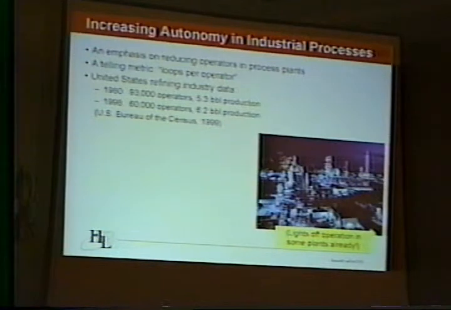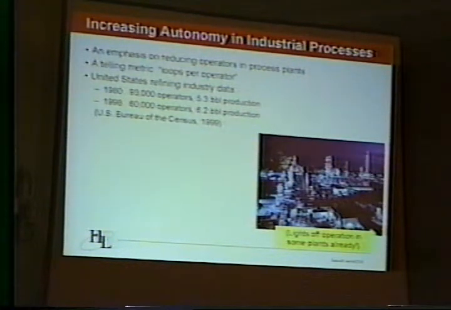A similar argument can be made in industrial processes as well. Many of the companies that we deal with who are in the business of running different types of industrial plants are always emphasizing the need to reduce their operational staff in plants. And one metric, in fact, that's often used is loops per operator. You want to be able to run your plant with as few operators as possible, so this loops per operator measure, given that the loops are constant, is actually a useful measurement in the minds of the industry of the